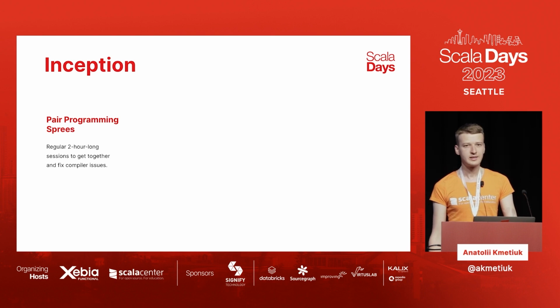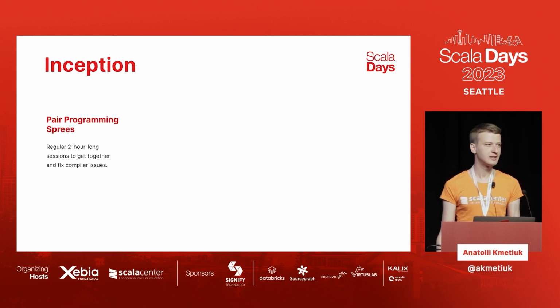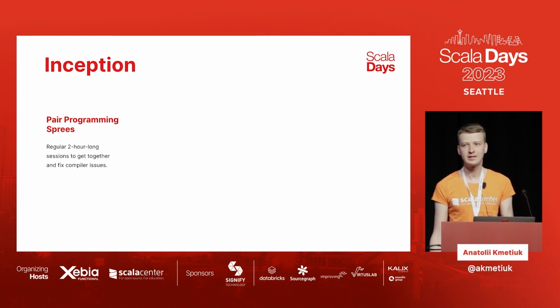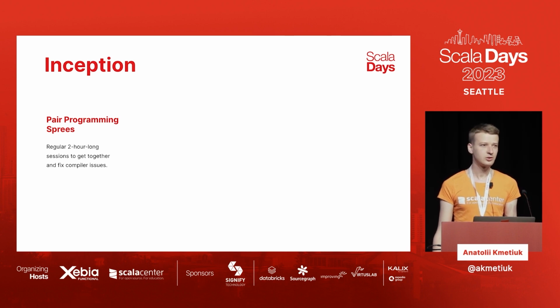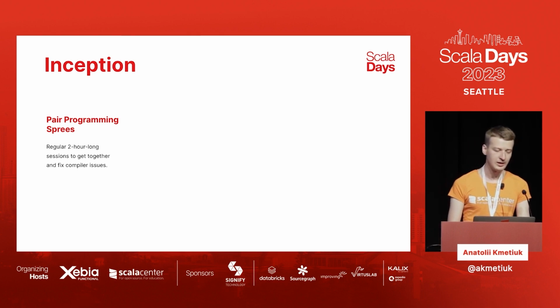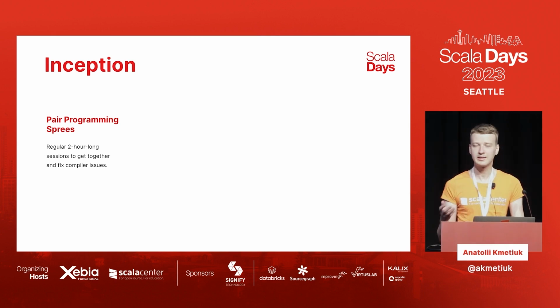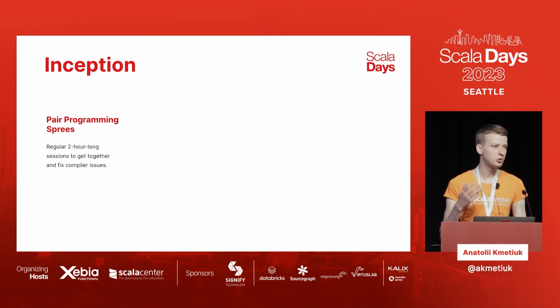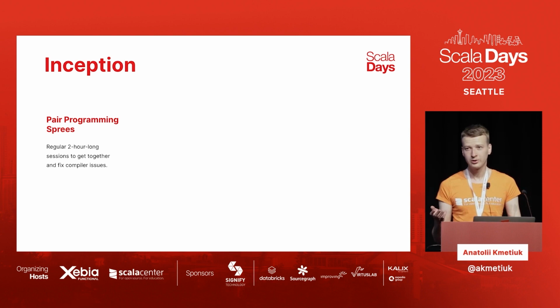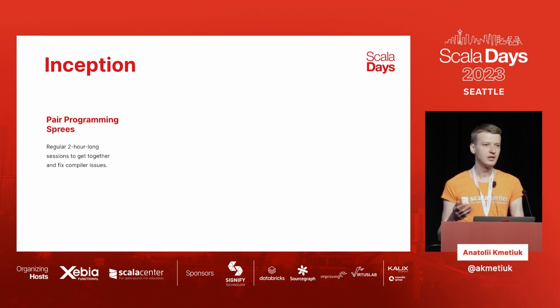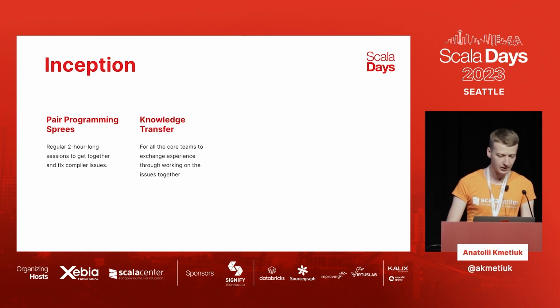The reason we went with the idea of the sprees is because the Scala Center, which is another unit at EPFL that works on Scala 3 and Scala in general, was practicing internal sprees for quite a while at that point, and that was a working model that allowed the employees of the Scala Center to get together once per week and see what other people are working on and potentially help each other. So we thought that it made sense to also try that format with the compiler.